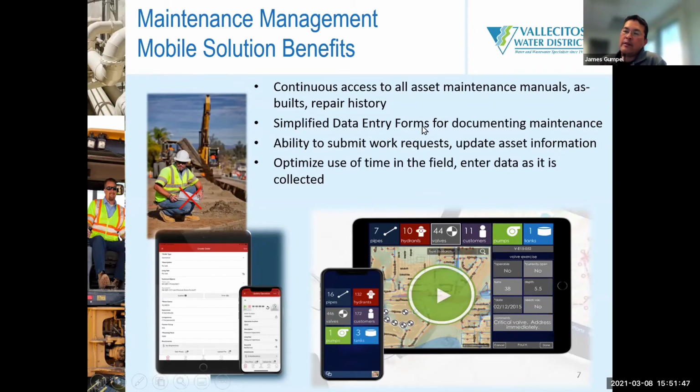Really quick to the directors, I can't emphasize this enough. The maintenance and the data of the maintenance is not only to optimize and work smarter, so to speak, it's also the foundation of our future asset management program. Having that good data going in and making it easy, being able to look on a map, seeing how your work lays out, being able to click on the actual meter or the actual valve and getting all the information right there in the field is going to help really increase efficiency and also increase tracking of what did we do to that valve, what type of work, how many hours do we spend repairing this valve,